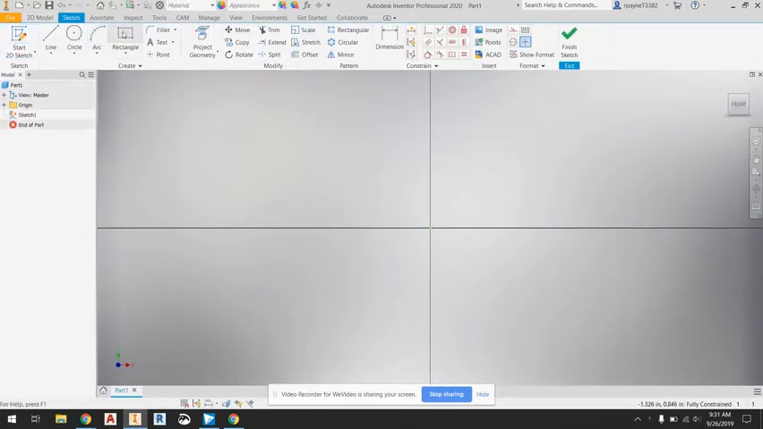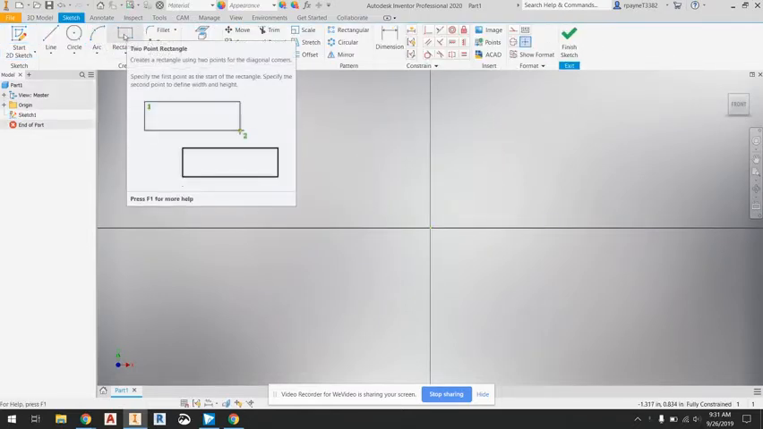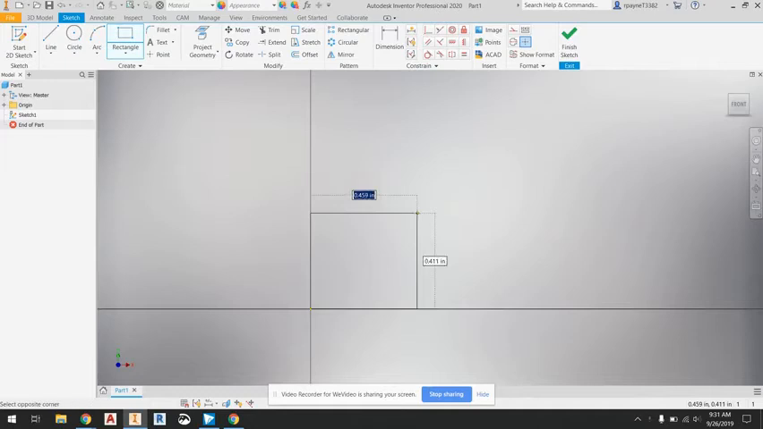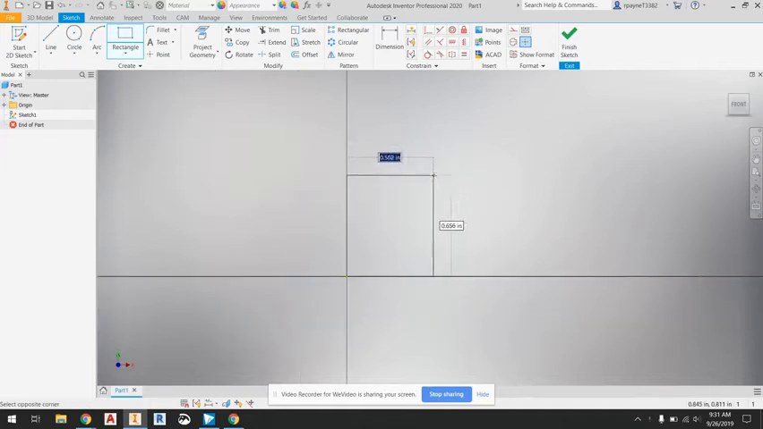I'm going to draw a 1/2-inch square. So I'm going to choose the rectangle function and start at the origin. And then I can do one of two things. I can type in the values right away, or I can just make it generally, okay, that almost looked